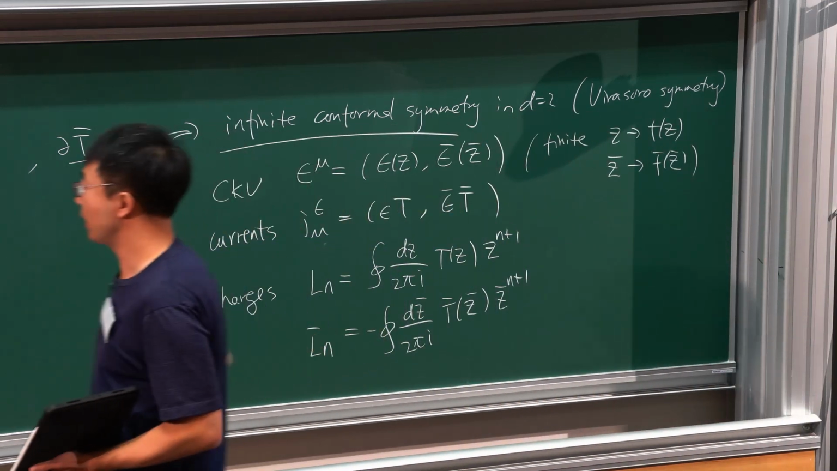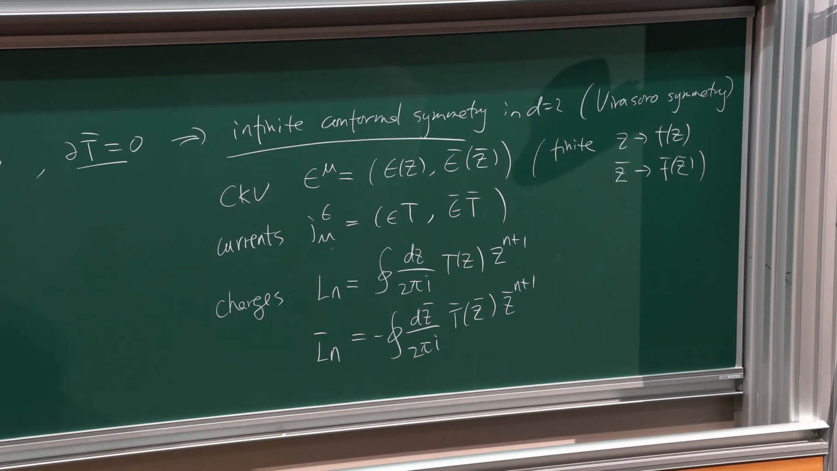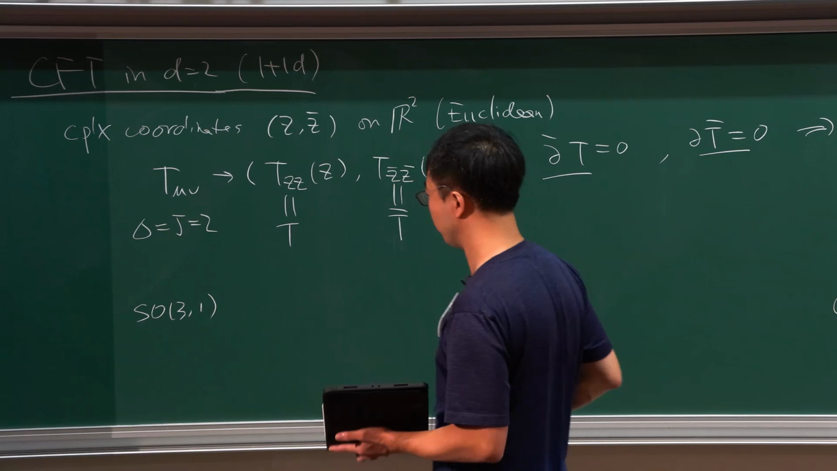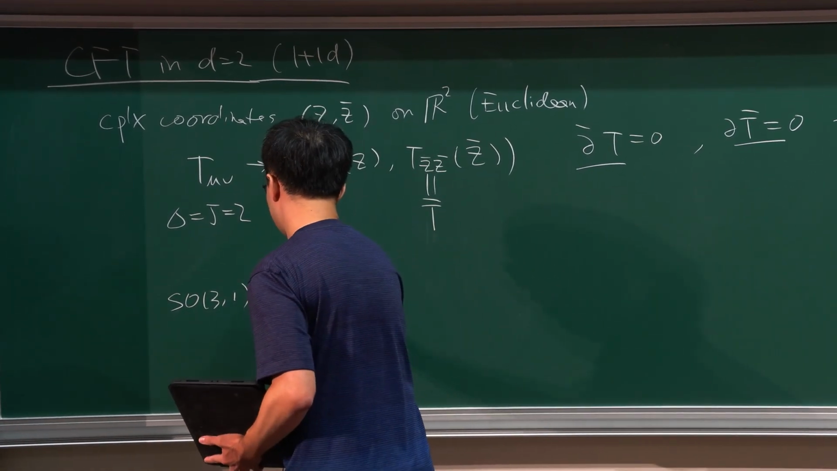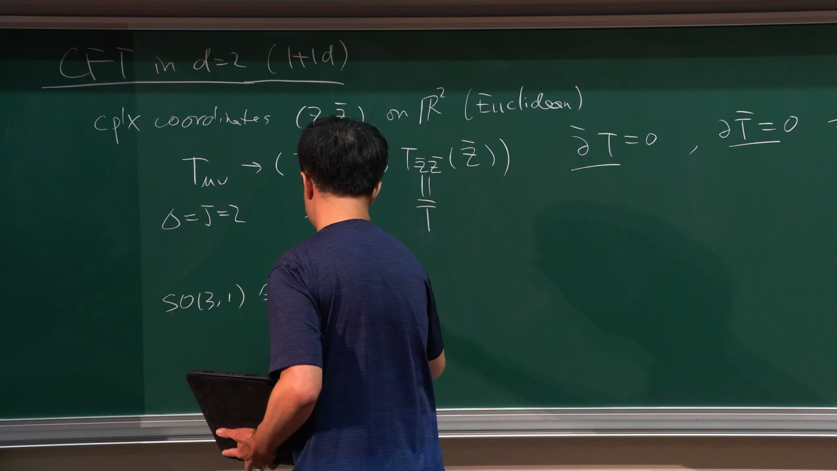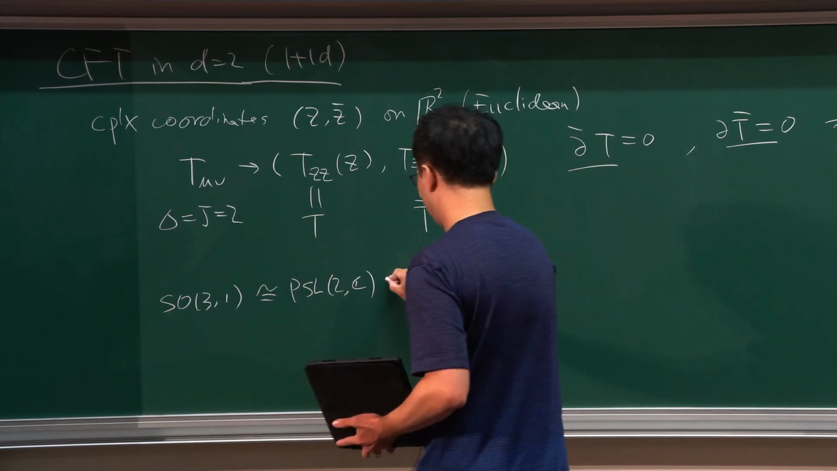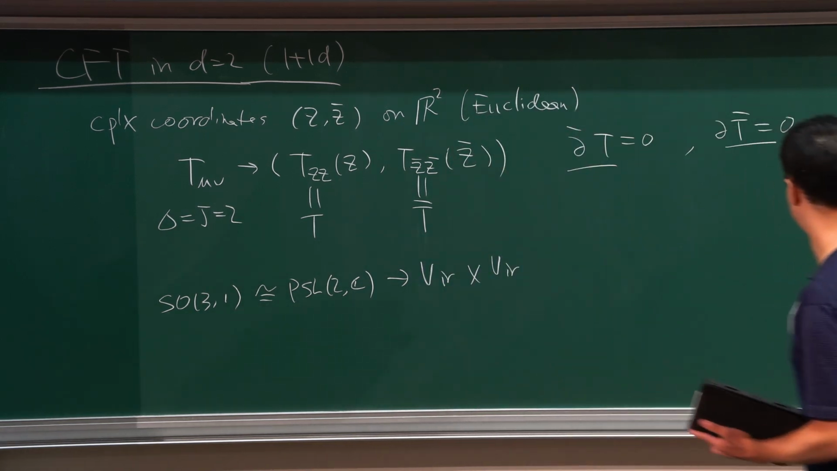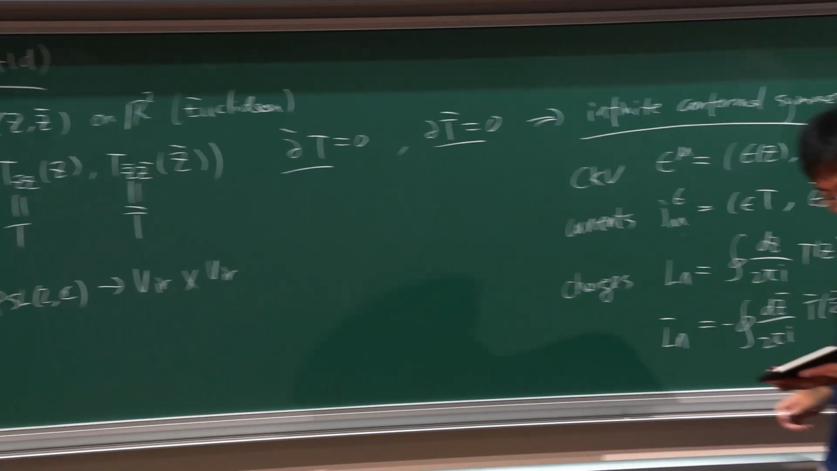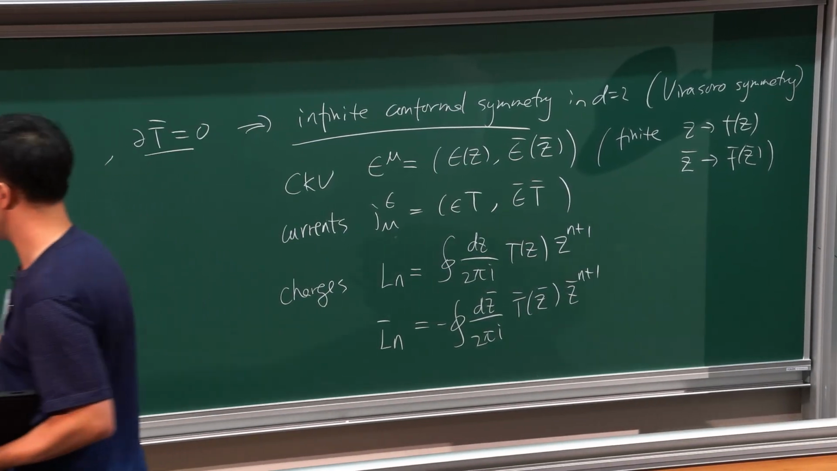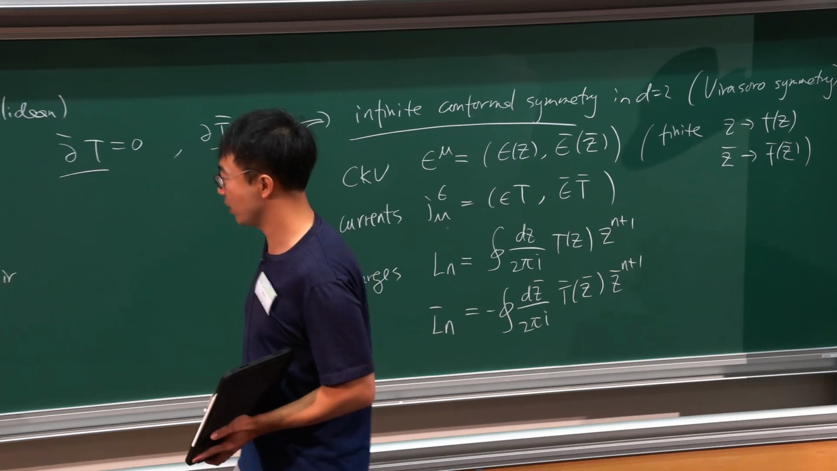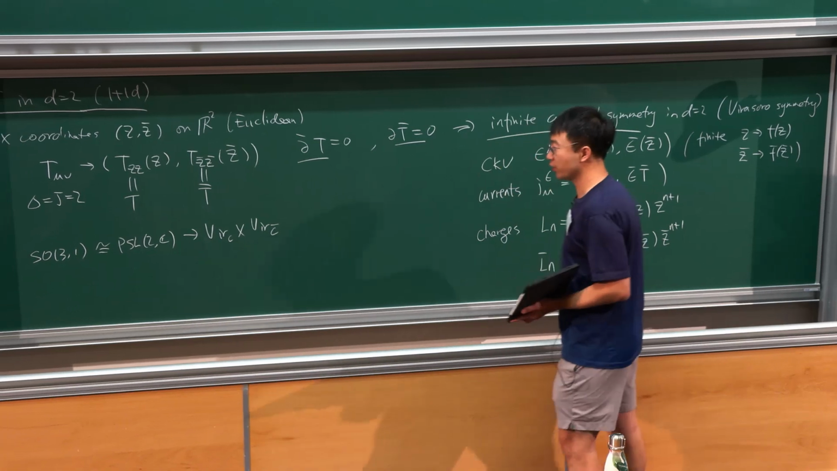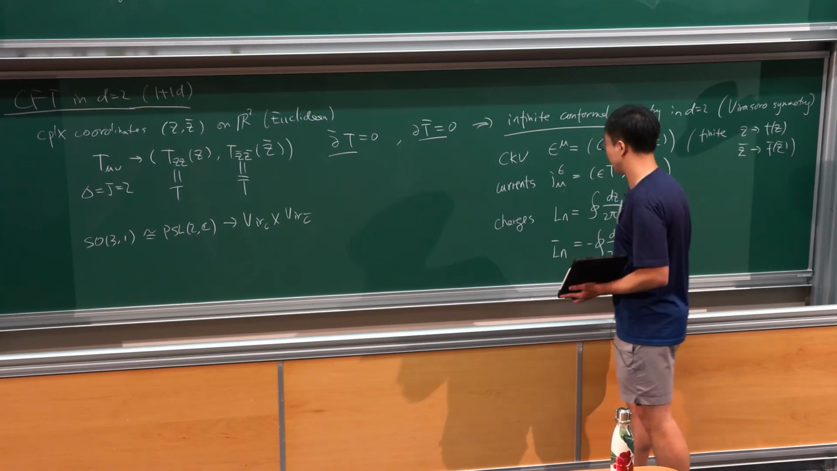And this set of charges leads to this enhancement, working in the Euclidean signature, of the global conformal group SO(3,1), which is isomorphic to PSL(2,C), to the full-fledged Virasoro symmetries. And you have two copies, Virasoro and Virasoro, generated by L and L bar respectively. And there's one more ingredient to this Virasoro symmetry, namely there's an important central element, which I denote by c and c bar. And to see the origin of the central element,